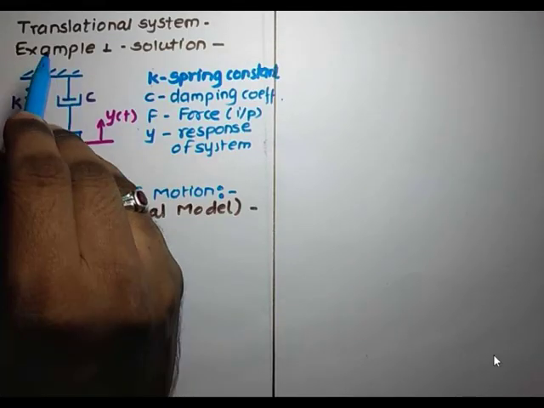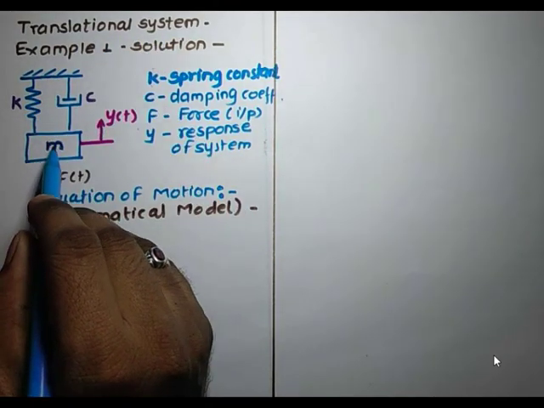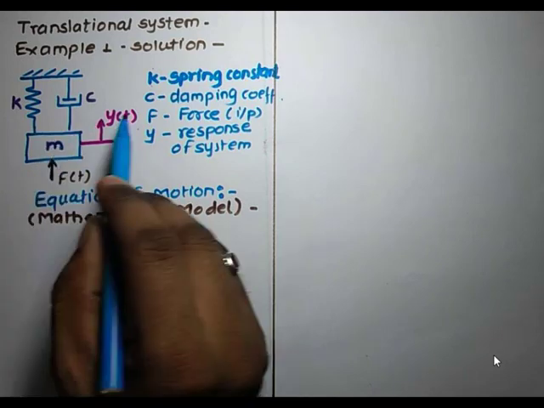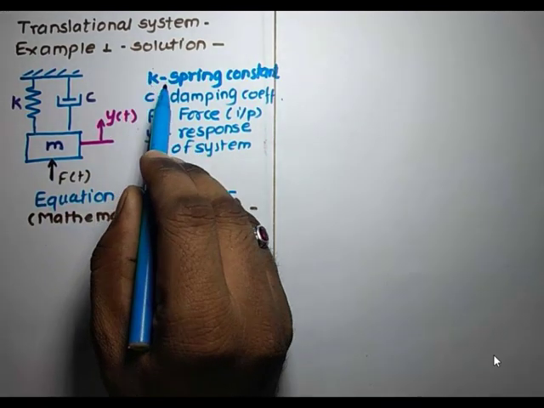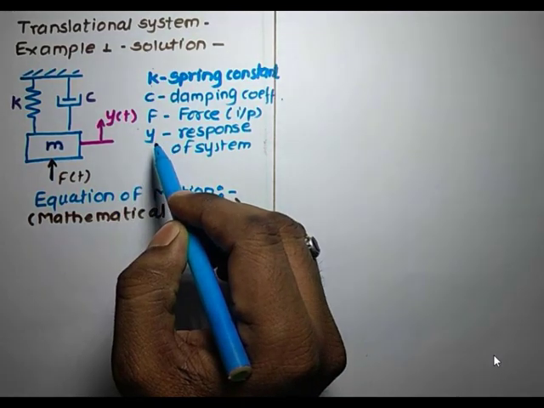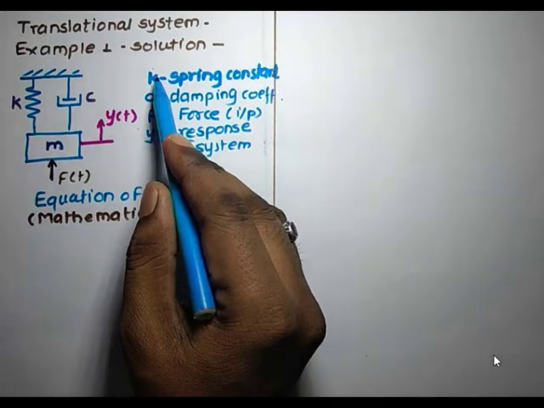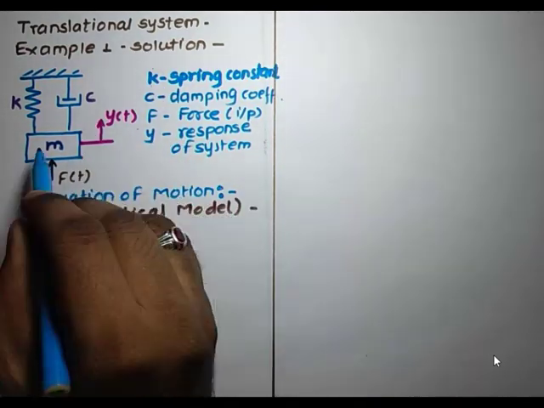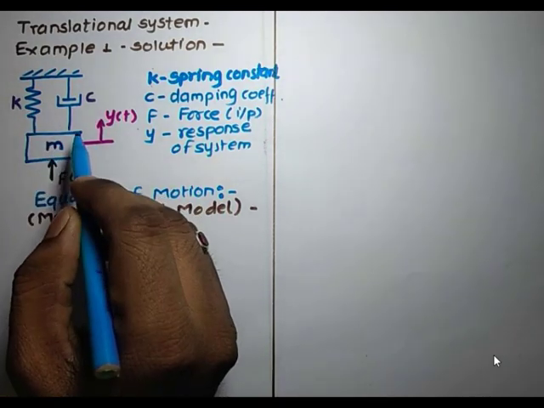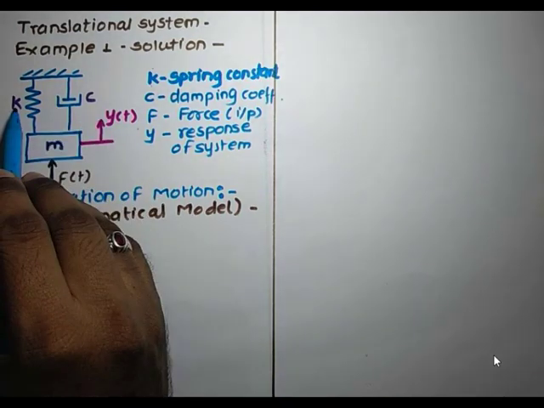Okay, in this numerical, we have a translational system. So this system consists of mass, spring and damper. Here we are using notations. It is very important to explain the meaning of these notations because this is our own defined notation. A third person may not understand it. So first of all, we have to define the meaning of the notation that we are using in our system. We have to use the same notation which is given in the example. So we are not changing any notations, but you should understand their meaning.